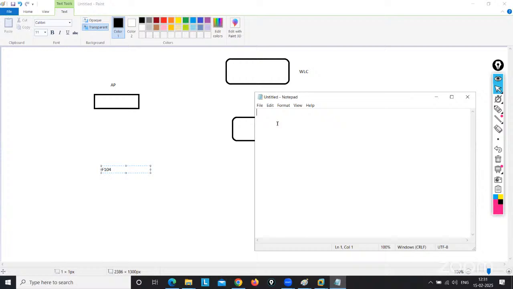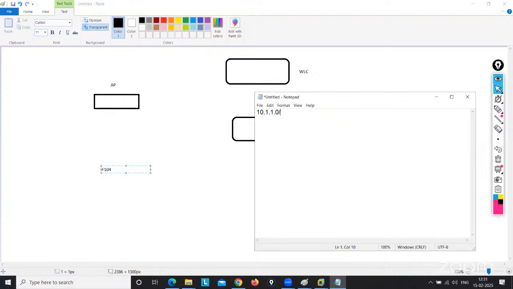We have some DHCP server in our environment. Suppose that also is configured over the switch part. Everything can be configured over the switch. You can configure the DHCP on the switch, on the router, or on the wireless controller itself. But this is not recommended when you have 50 WLCs and more than 15,000 access points in your environment, because for that we have a specific DHCP server.